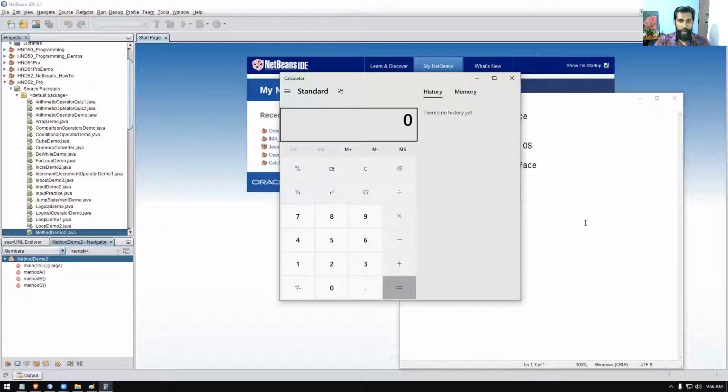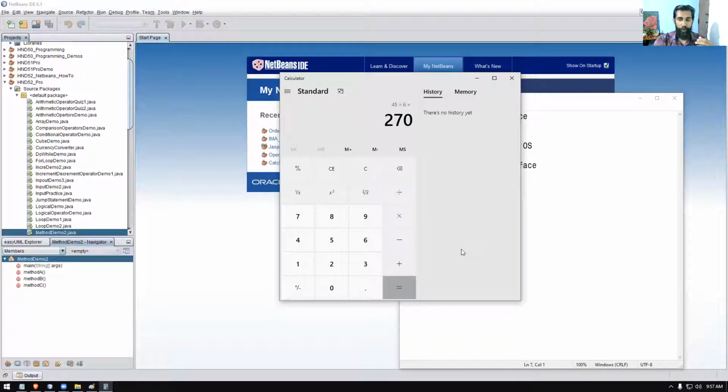When I'm going to do a calculation, do you have any clue which numbers I'm going to press? No. I can type 55 minus 10 and multiplied by 6. Press enter key. So I get the answer, right? So this program is designed to work in such a way for the user's interactions.